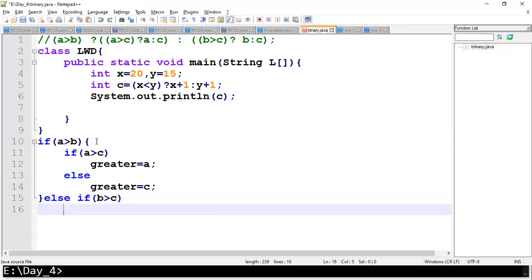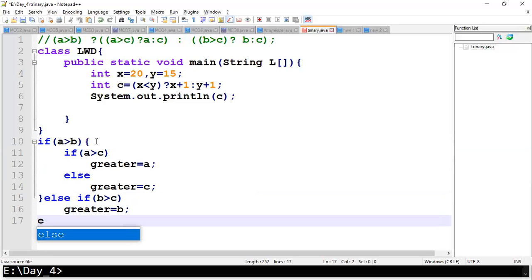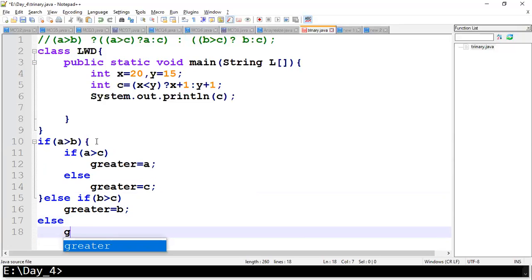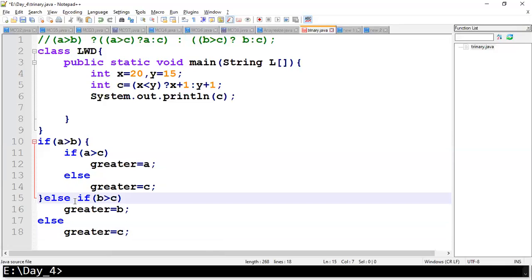If b is greater, then you have to assign greater equal to b. Else, we'll be having greater equal to c. This is the normal expression I'm giving you. Here we can do the shortcut, but here I'm just doing the normal if else operation.